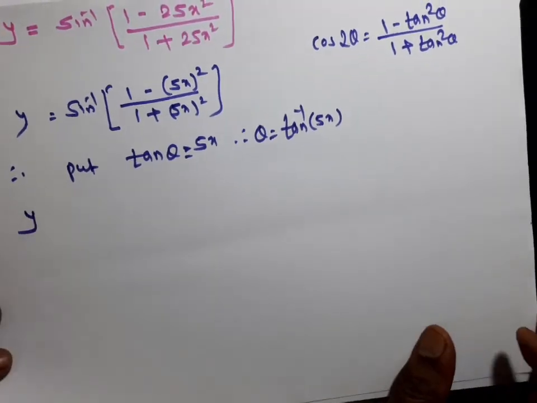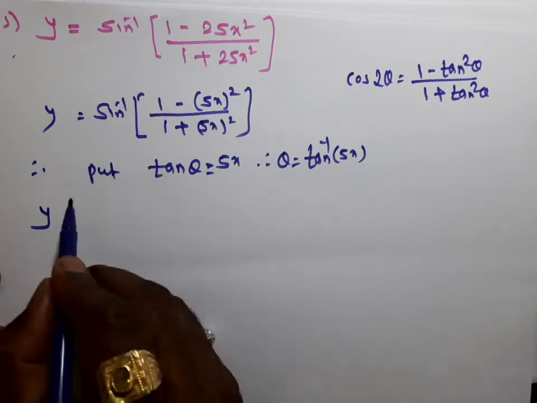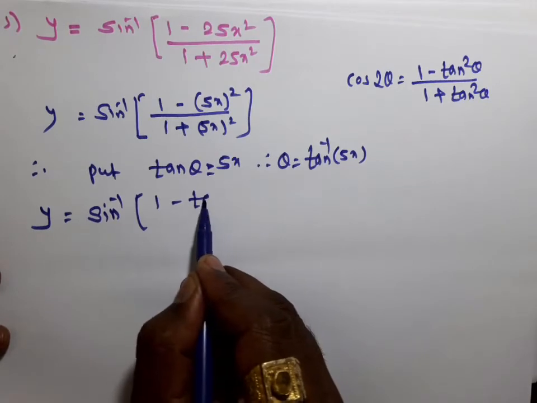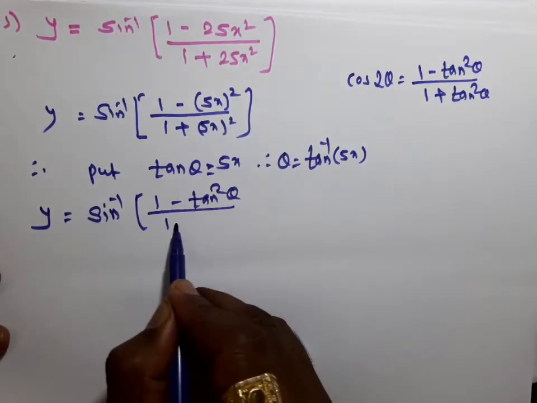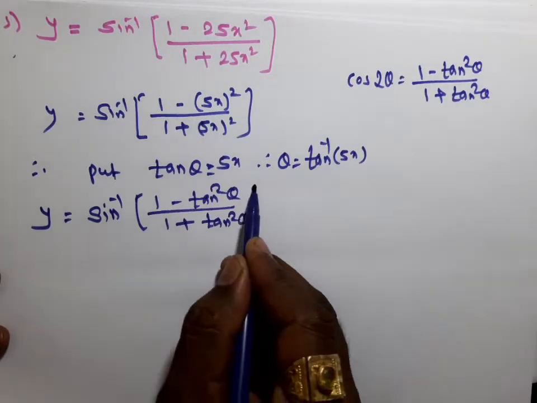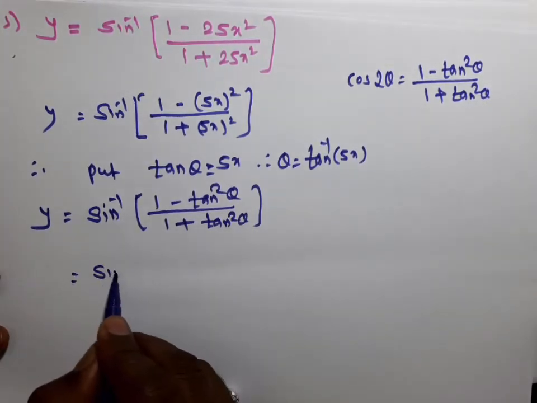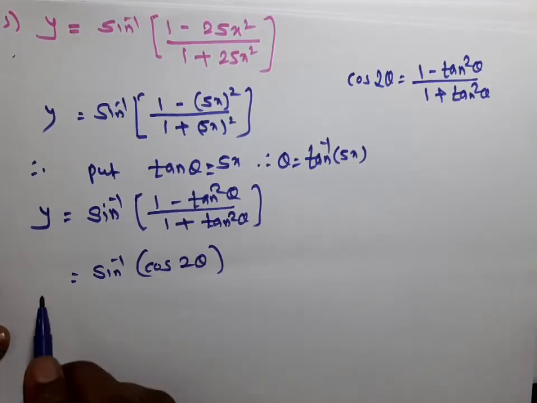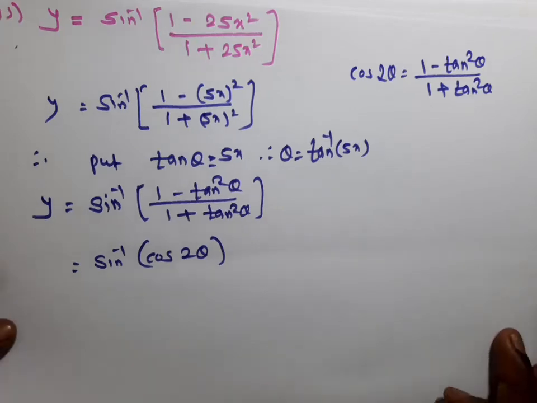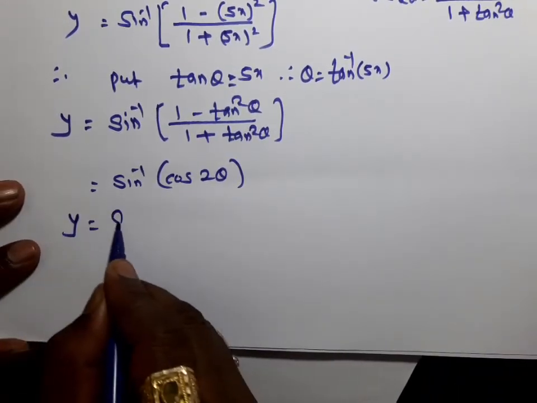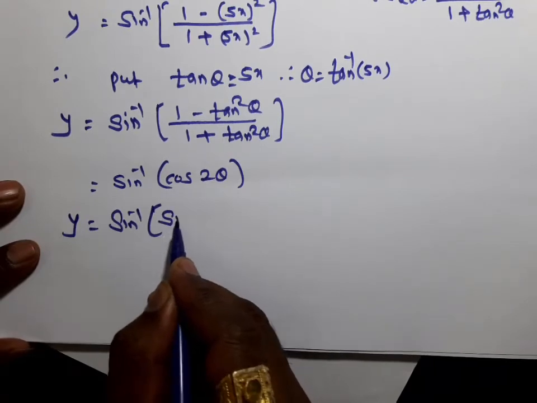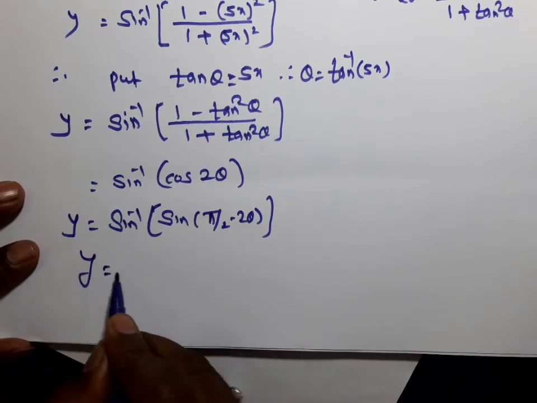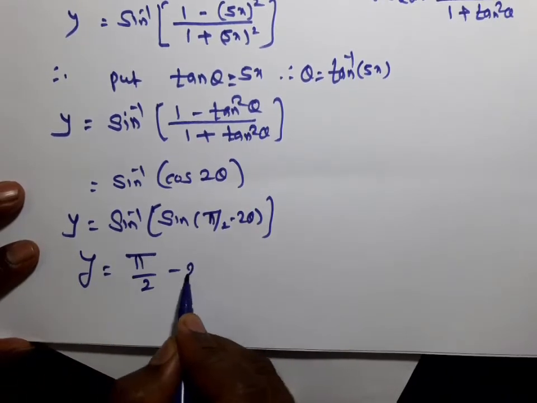Then y is equal to sine inverse of 1 minus tan square theta upon 1 plus tan square theta, and this will be sine inverse of cos 2 theta. But it is sine, so we must have the sine inside the bracket. So this will be sine inverse sine of pi by 2 minus 2 theta. So what remains is simply pi by 2 minus 2 theta,